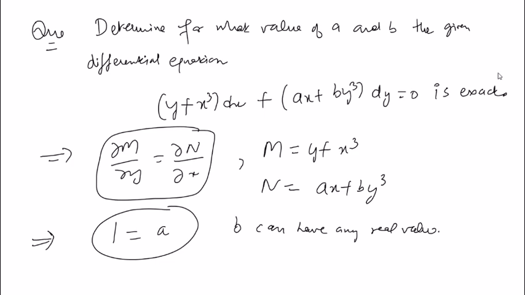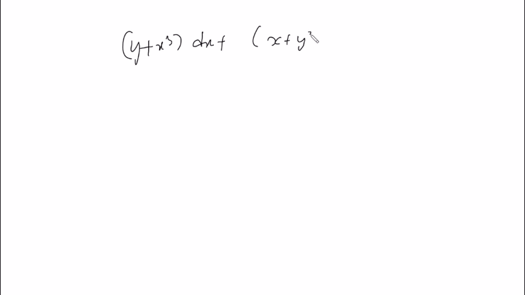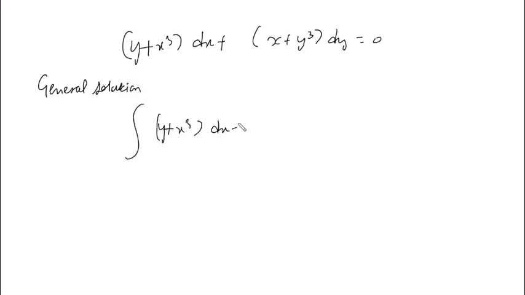So now you can put the value of A equal to 1. You have found it and you know it is exact, so we know how to solve. So it's y plus x cube dx plus, you put A equal to 1, you will get x plus y cube dy is 0. So directly we are using the shortcut technique for finding the general solution. So integrate y plus x cube dx plus